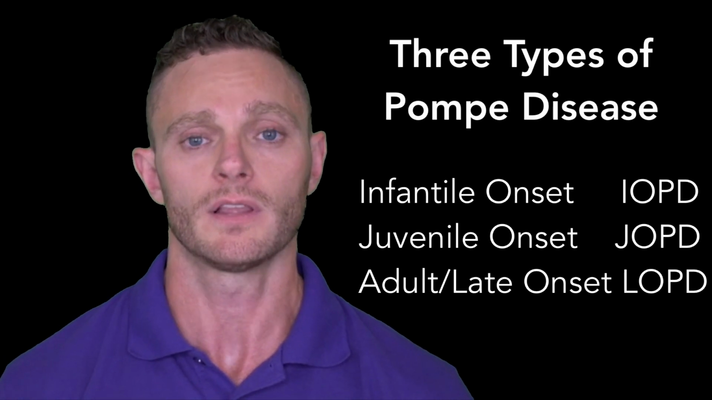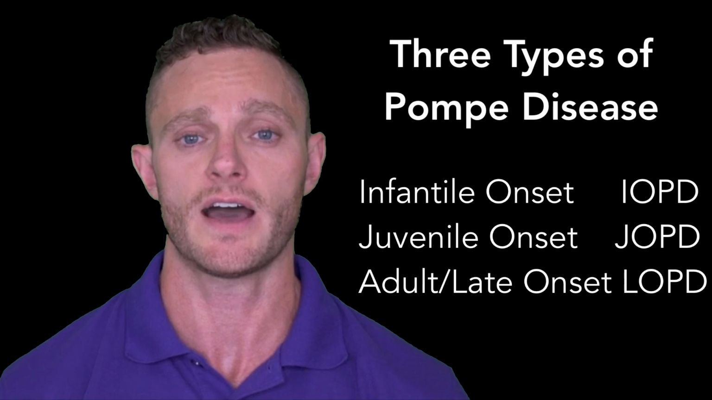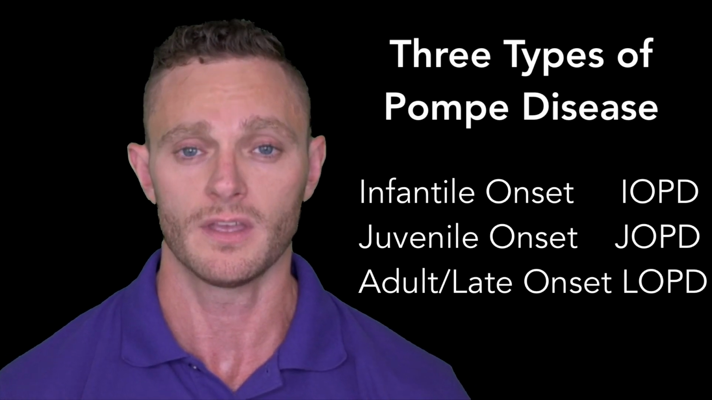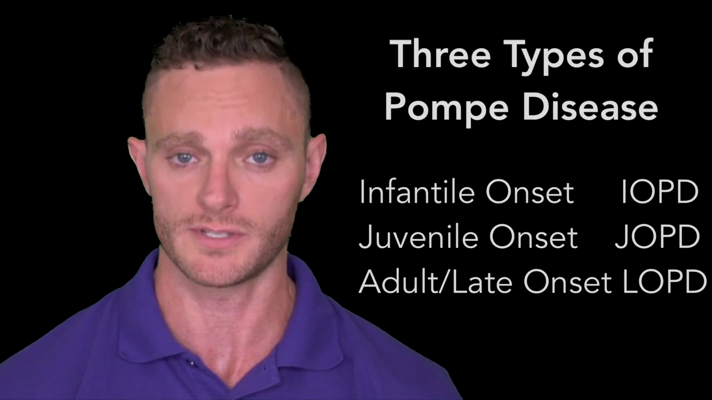Pompe disease is generally classified into three different categories: infantile onset, juvenile onset, and late onset or adult onset Pompe disease. Late onset Pompe disease has the highest enzyme activity level of the GAA enzyme. Infantile onset has the lowest activity level and is generally the most severe. The type and activity level of your GAA enzyme is directly correlated with the type of mutation you have in